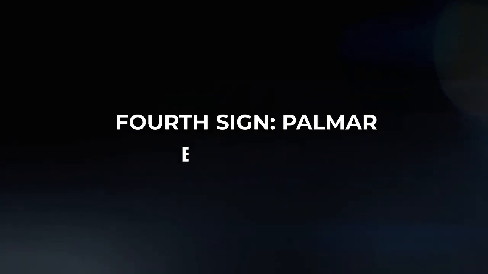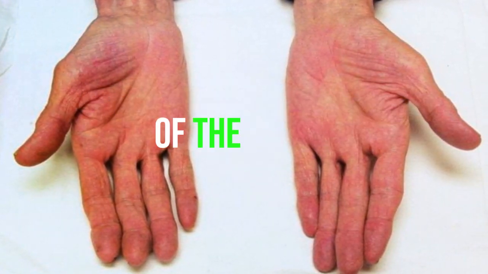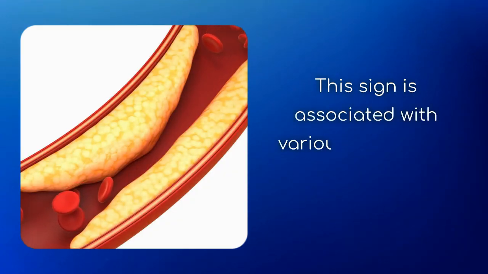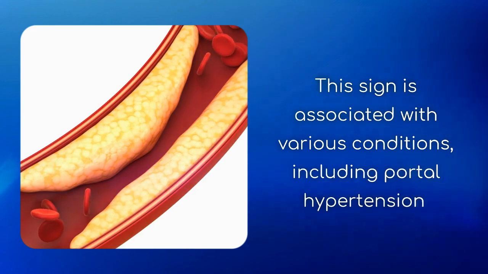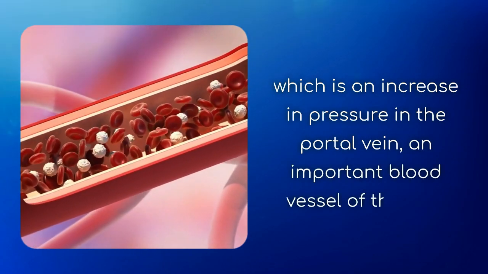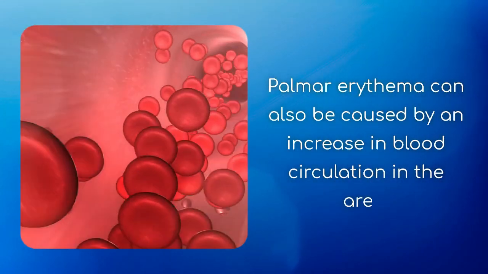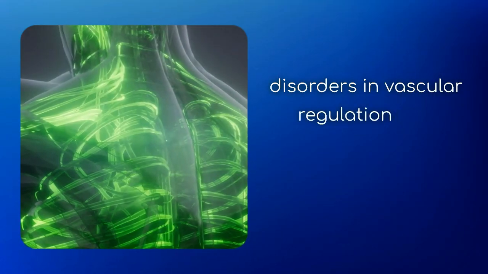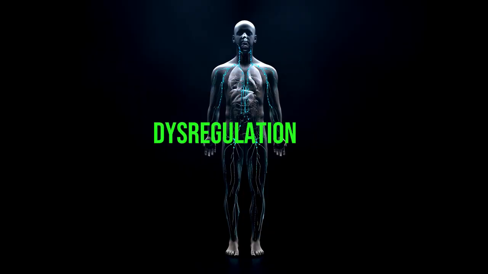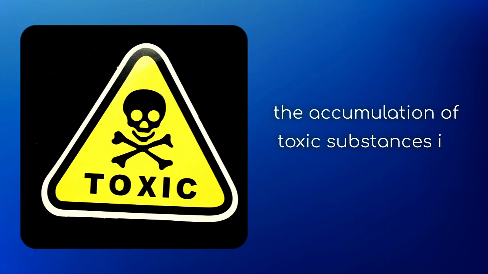Fourth sign, palmar erythema. Palmar erythema is the reddening of the palms of the hands, which can be an indication of hepatic cirrhosis. This sign is associated with various conditions, including portal hypertension, which is an increase in pressure in the portal vein, an important blood vessel of the liver. Palmar erythema can also be caused by an increase in blood circulation in the area, disorders in vascular regulation and angiogenesis, formation of new blood vessels, dysregulation of the immune system, hormonal changes, or the accumulation of toxic substances in